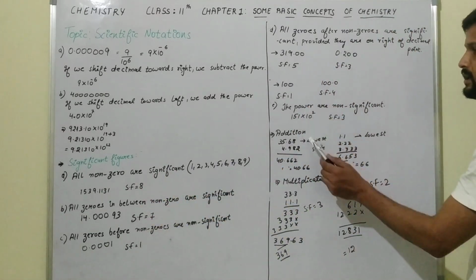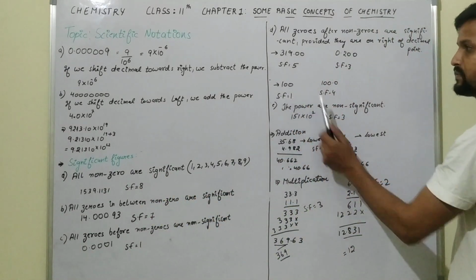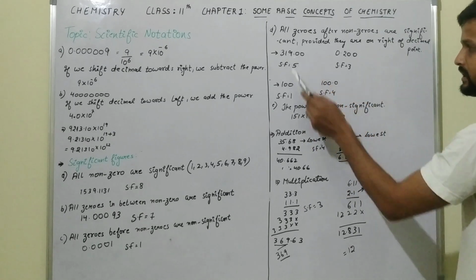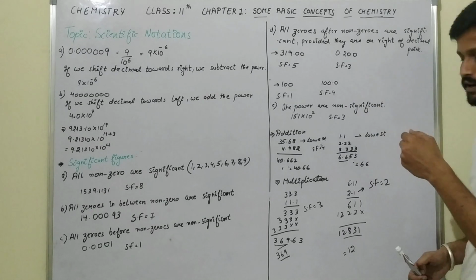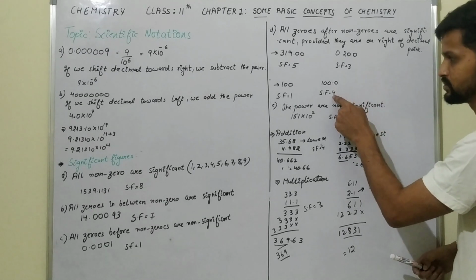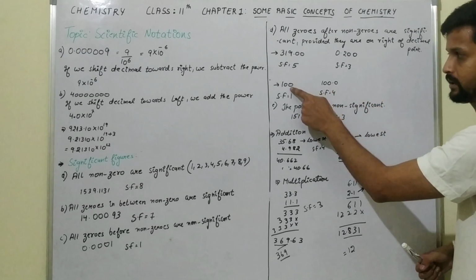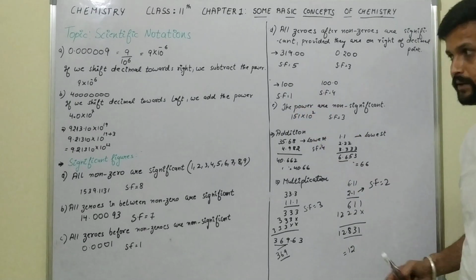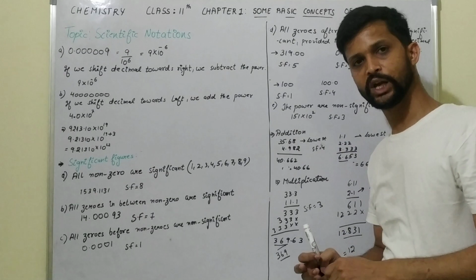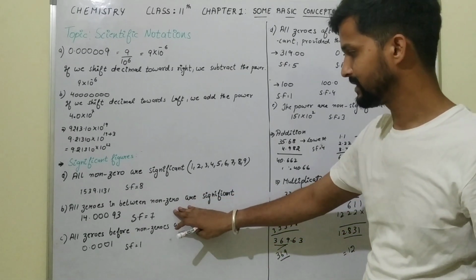Next is like here 100. So here the significant figure is 1 because here we have taken another example, 100.0. If there is a 0.0, at that time the significant figures will be counted. Here there is no point, so the zeros were not counted in the significant figures. So we can recall it means like here we have the second rule.